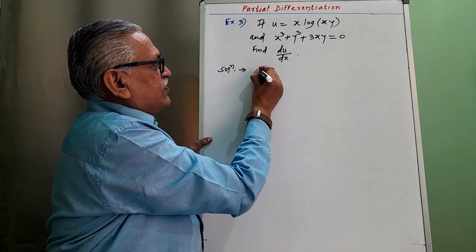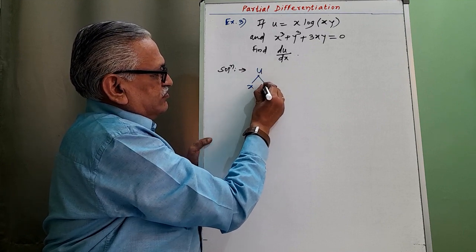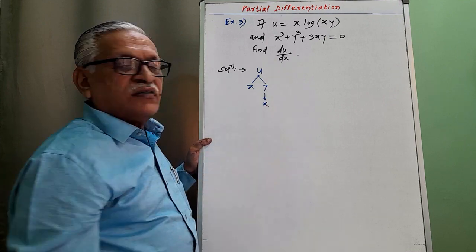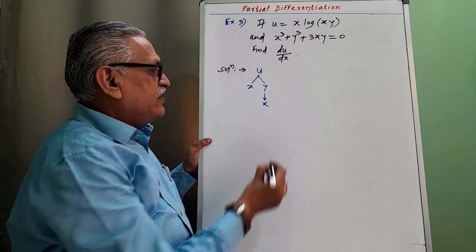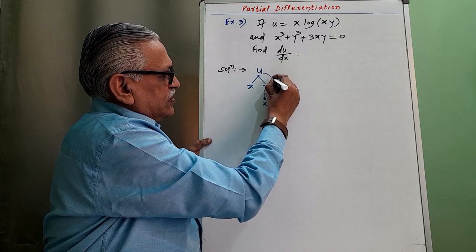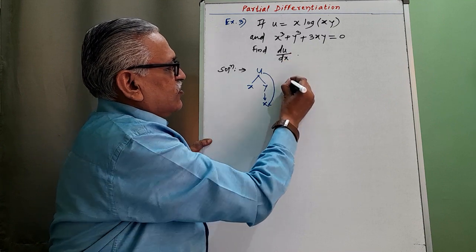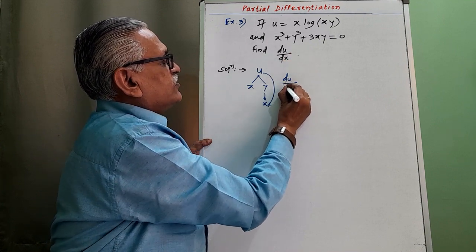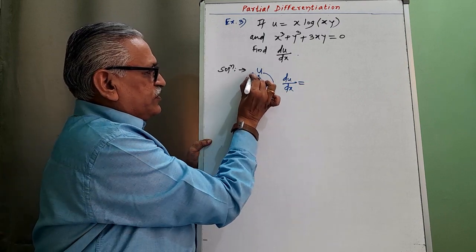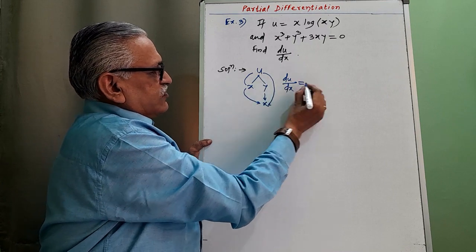u is a function of x and y, and y is again a function of x, function of function, and we require to obtain the derivative of u with respect to x. It becomes an ordinary derivative. Directly that result is not possible. Therefore what we do, we differentiate u with respect to x first and x with respect to x, then we get